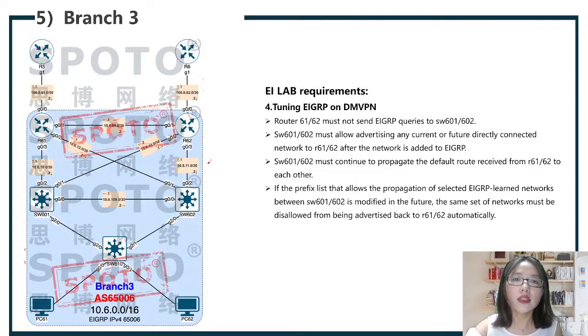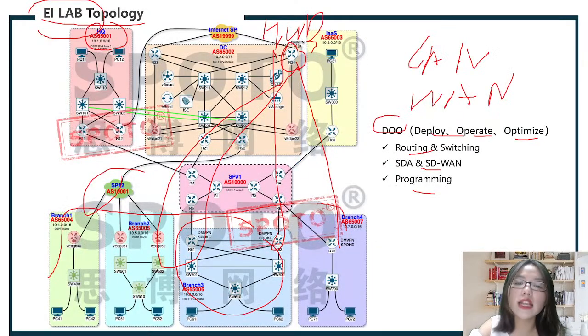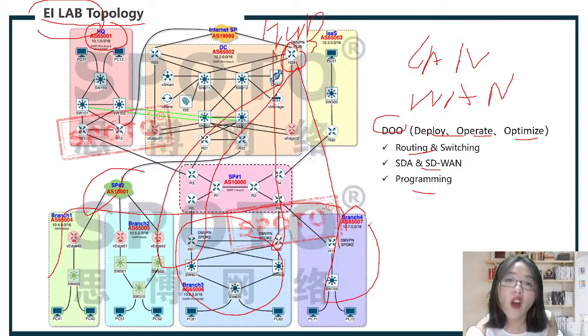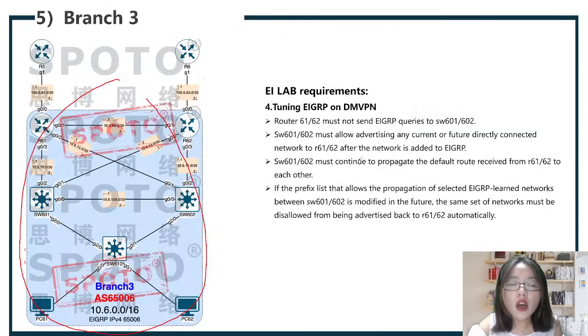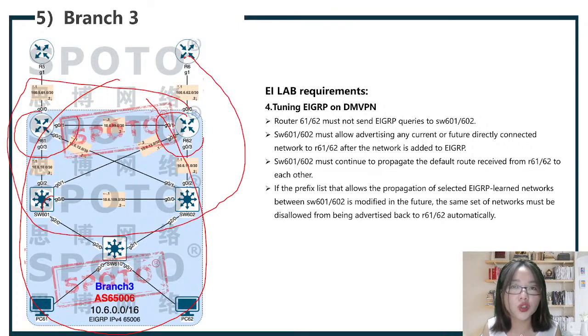Okay. So branch 3 is this part. This part is branch 3 and this part is branch 4. Okay, so in branch 3, router 61 and 62 must not send EIGRP queries to switch 601 and 602. These 4 devices should configure EIGRP protocol. So router 601 and 602